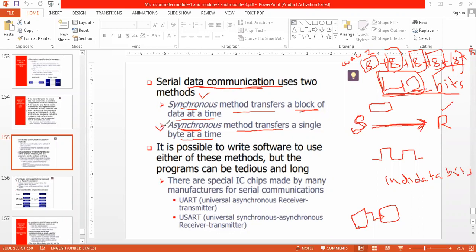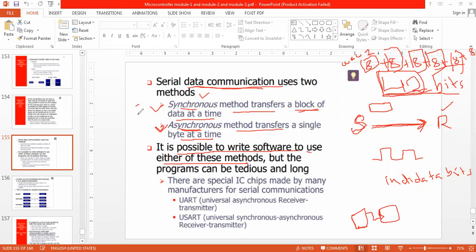We will see some more things about synchronous and asynchronous. It is possible to write software to use either of these methods. We can go for synchronous mode, or we can transfer the data bits in asynchronous mode.